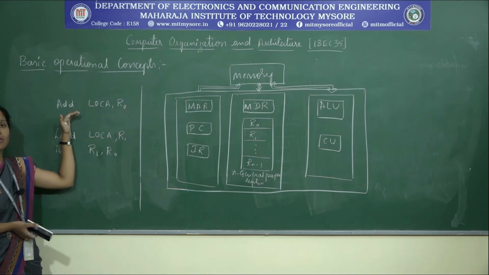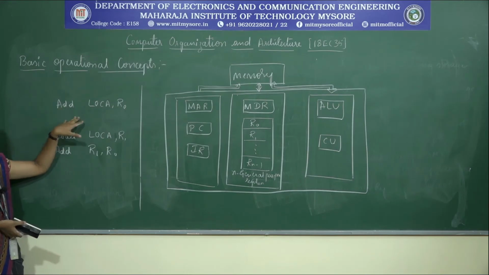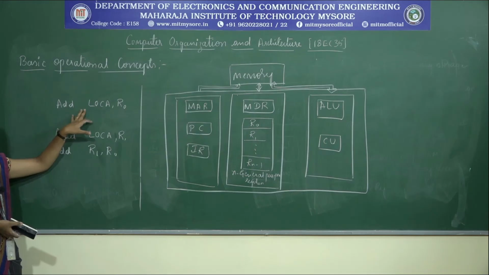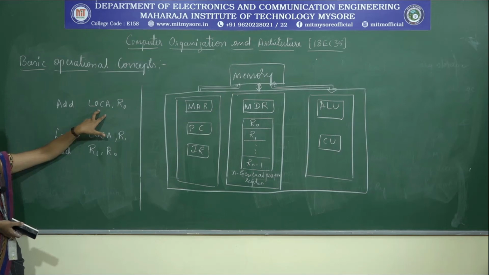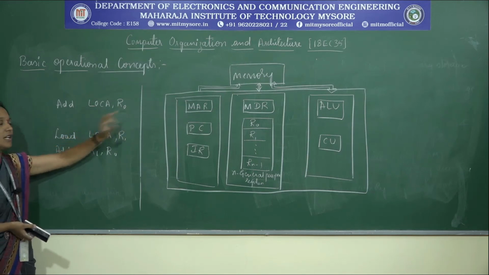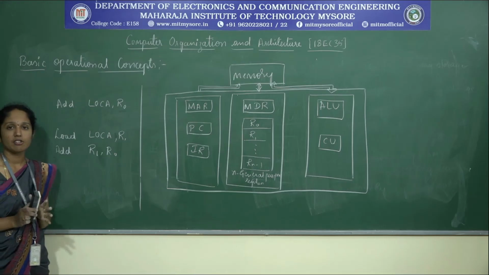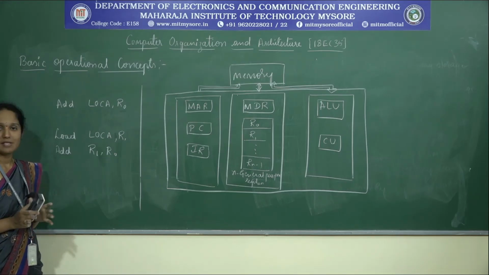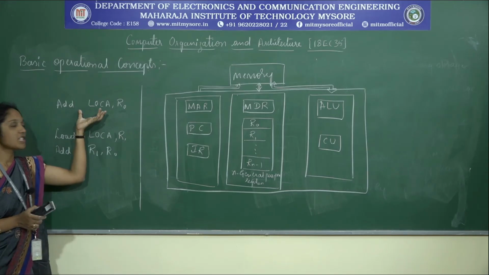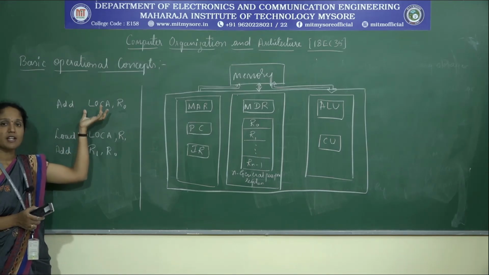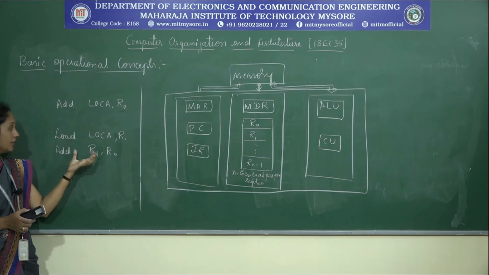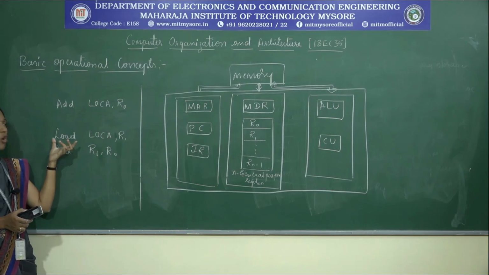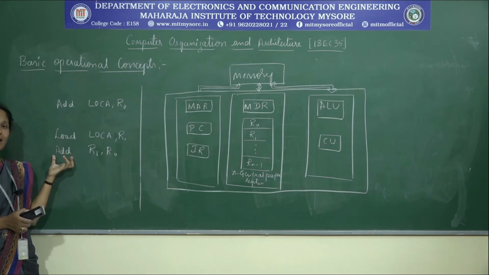So in order to perform the addition operation, initially this will be stored in the memory. The processor fetches this instruction and it will be given to the ALU. ALU performs the addition operation, and then the result will be updated in R0. But when we consider the actual computer, because of performance issues, this will not be executed as a single instruction. Instead, this will be executed as two instructions written here. So we have two operations here. One is loading and the other one is adding.